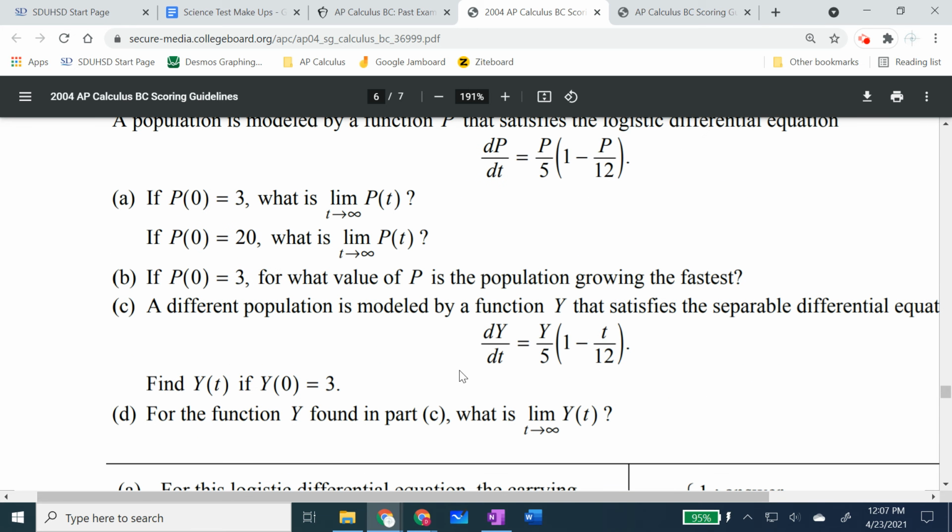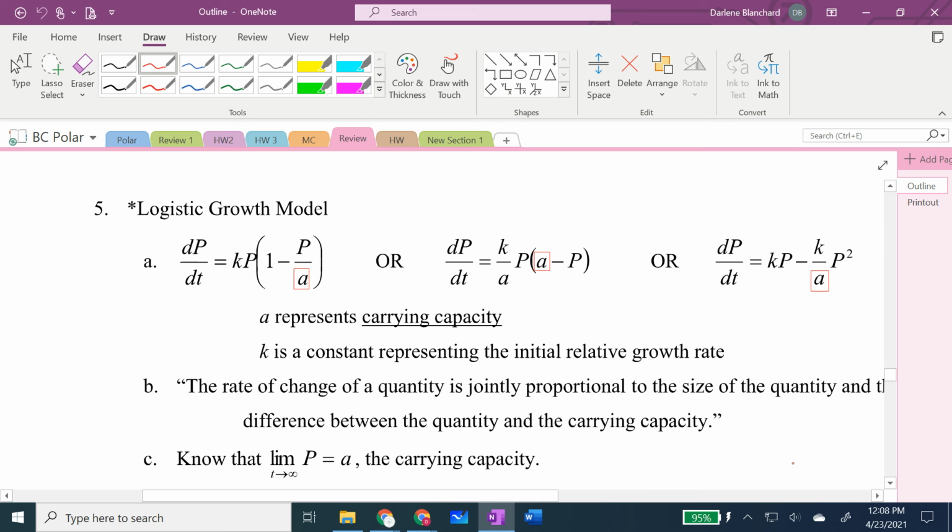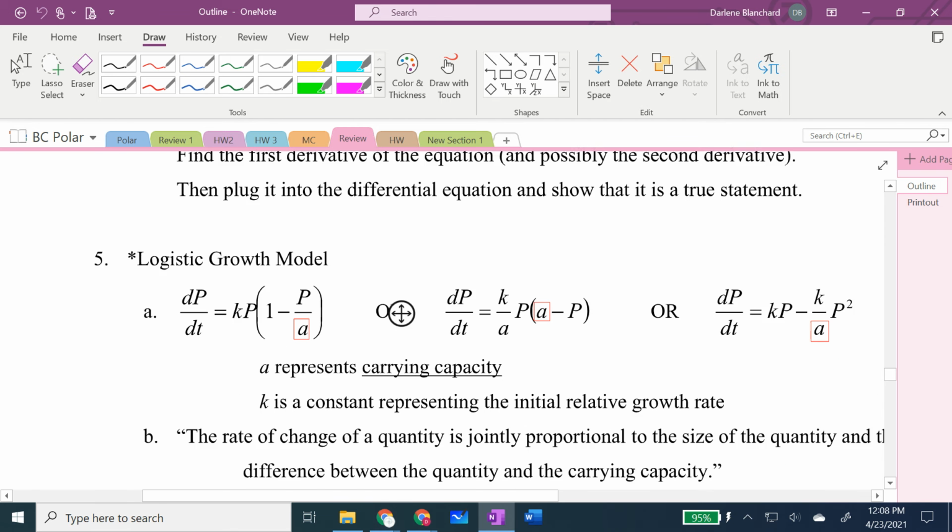Now, part B asks another important question, and that is, for what value of P is the population growing the fastest? If you are pre-aware of what they might ask you, you can read this faster, or you'll understand what they're saying more easily. This is referring to the fact that there is a point of inflection on the graph of the solution at a certain number. And let me draw for you